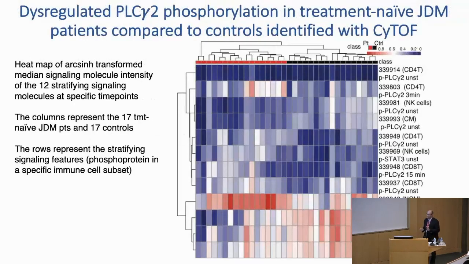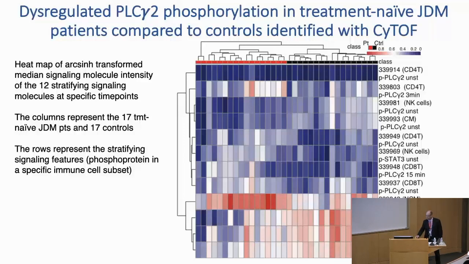This is a busy slide, but let me just walk you through it. This is the heat map of the arcsinh transformed median signaling molecule intensity of the 12 stratifying signaling molecules at specific time points. And so the signaling molecules are designated in the rows, and you can see what they are on the left. And the columns represent the 17 treatment-naive patients and 17 controls. And you can see at the top that these 12 stratifying features were able to completely separate the patients from